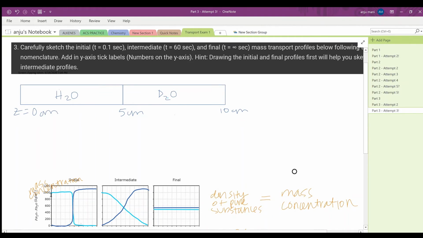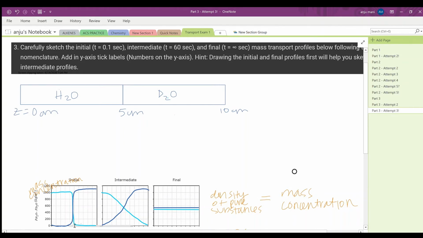So from 0 to 5, from this part of the tube, we have that the mass concentration is all water, except for a small portion near 5 centimeters where some diffusion has occurred because we have a molar diffusive flux of 2.78 from previous parts. So that's why we have at 5 the concentration changing here. Again, when we go to the right, it's mainly all D2O until we get really close to our 5 centimeter